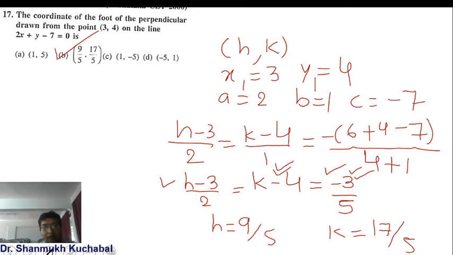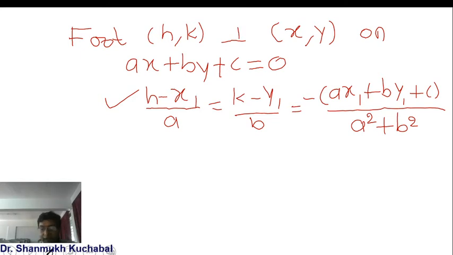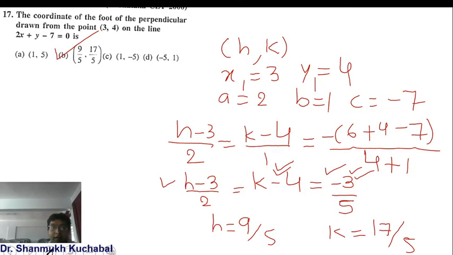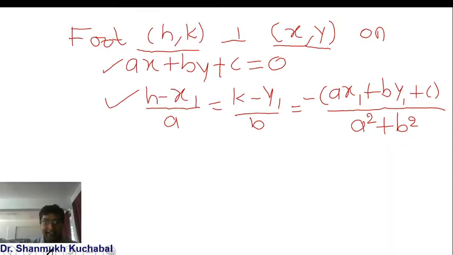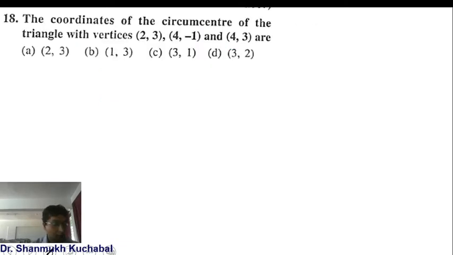So like this we have to simplify. I have put a note in this slide, so you can take a screenshot of this. Using this, a foot is given, a perpendicular to one coordinate is given, and one straight line is given, so using this formula we calculate. We note down the given information, substitute in the equation, and get the solution for h and k. That is option B, the right answer. So we'll move to the next example. I hope you all took a screenshot of this.